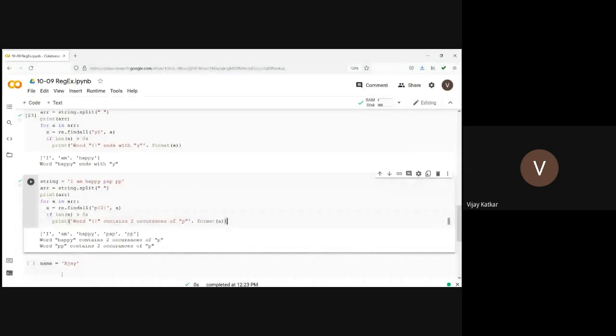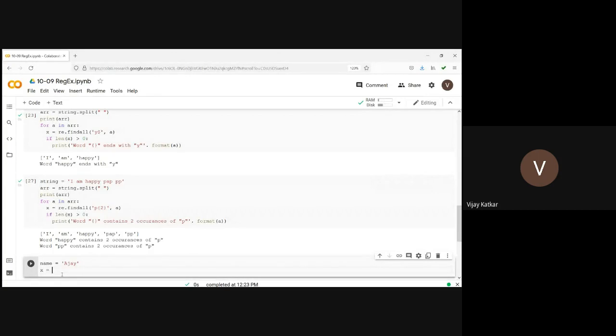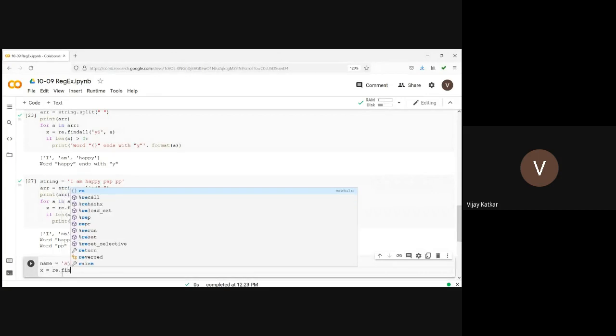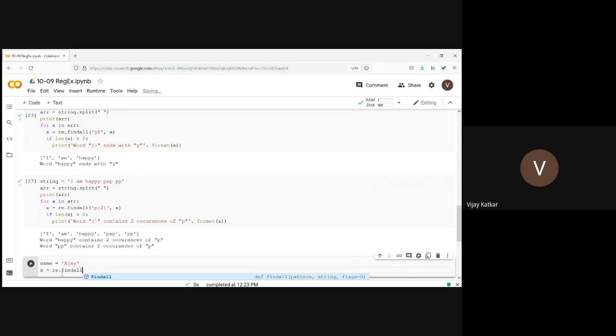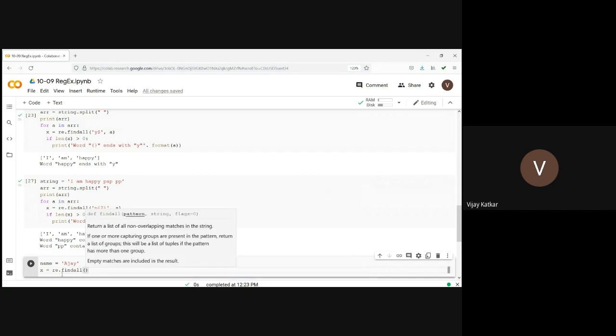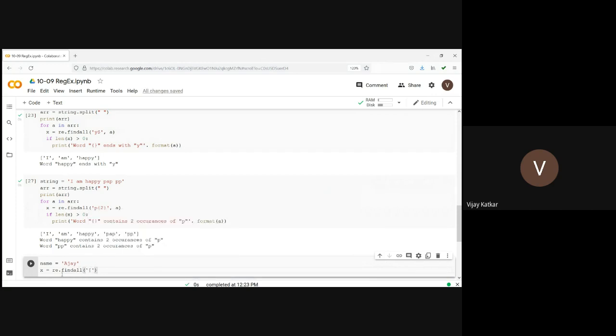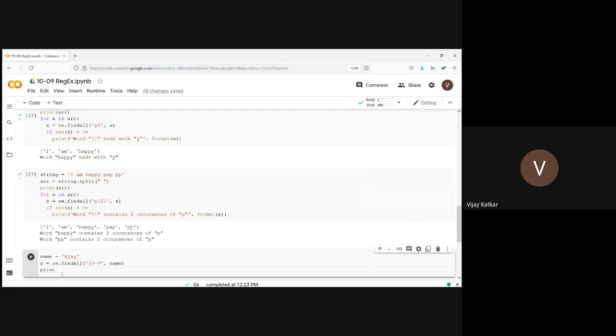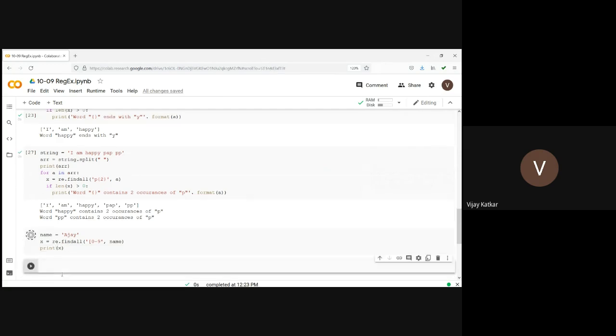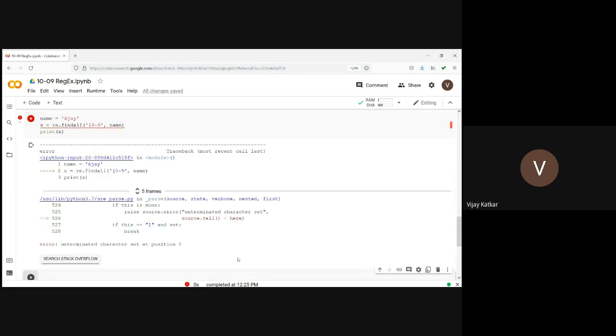Let's say x is equal to re dot findall, and here I'm writing 0 to 9 in name, and let's say print x and terminate.